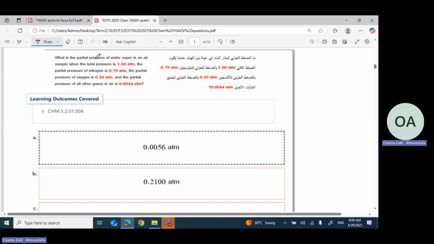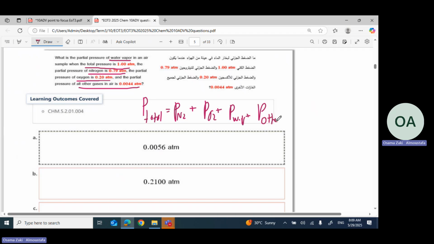What's the partial pressure of water vapor? So now we need the water vapor. The total pressure is this. The pressure of nitrogen is this. Pressure of oxygen is this. Other gases, this. So total pressure equals P N2 plus P O2 plus P water vapor plus P all